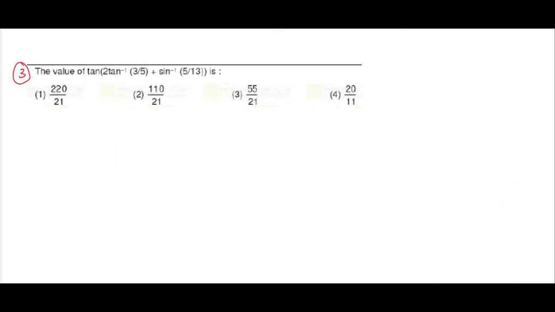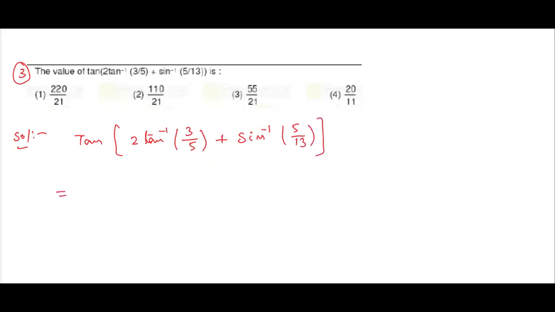Inverse trigonometric related problem. First, I will write the question here. The value of tan of 2 tan inverse 3/5 plus sine inverse 5/13, that's equal to tan of